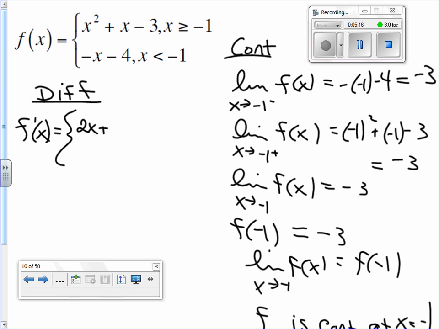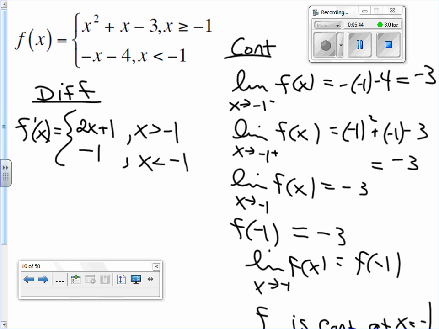Good. 2x plus 1. Now, because I'm not sure if the derivative exists at negative 1, I'm going to just say this is the derivative when x is greater than negative 1, because I don't know yet if the derivative exists at negative 1. That's just a little thing. You're not going to lose points for that. But what about the derivative of the second branch? Negative 1, right? And that'll be when x is less than negative